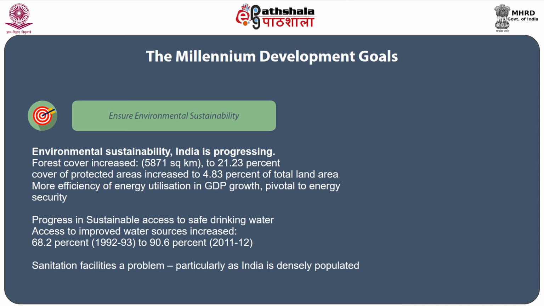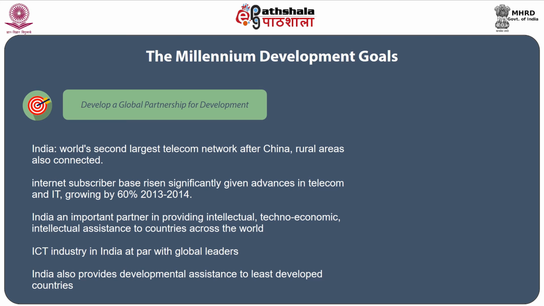Access to improved water sources increased from 68.2% in 1992-93 to 90.6% in 2011-12. Sanitation facilities remain a problem, however, particularly considering that India is one of the most densely populated countries in the world. The final goal: India has the second largest telecom network in the world after China, with the